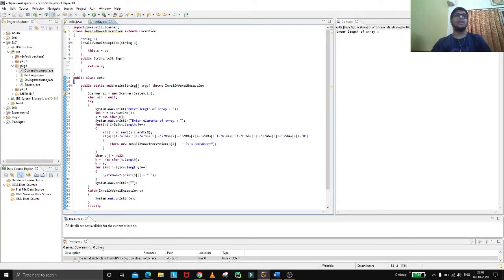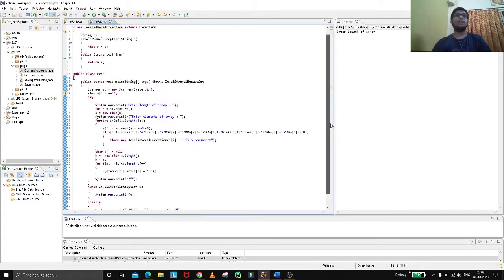In the code, I'm importing the scanner class, and I'm creating a class InvalidVowelException, which extends Exception. I'm giving a constructor InvalidVowelException with a string s, so this.s equals s, and also a public function toString, which converts what we take from the user to a string.